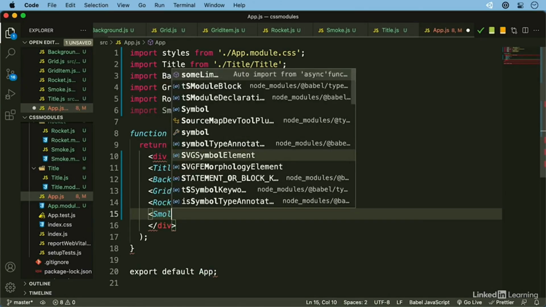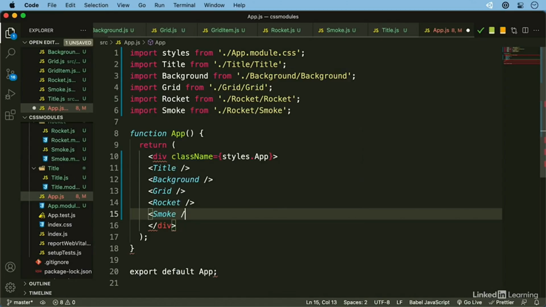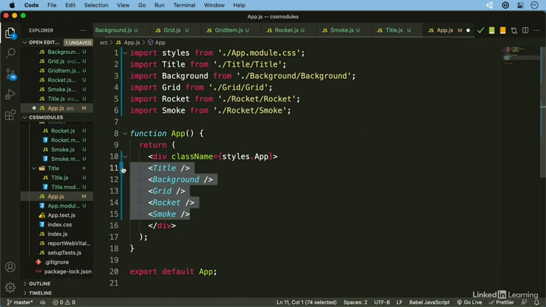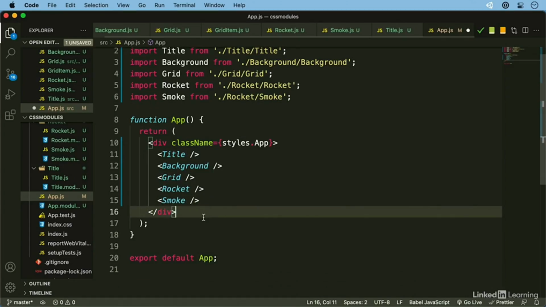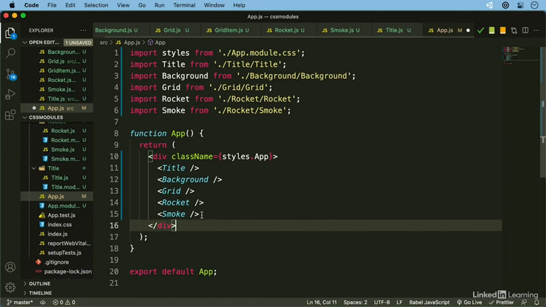And finally, smoke, like so. And just to be structurally sound, you want to indent them inside of the main div, like so. Awesome. So now all you have to do is save this, and we have our first structure in place,